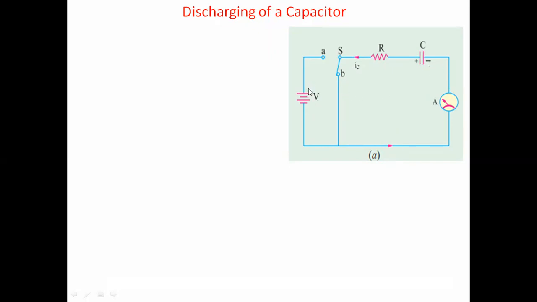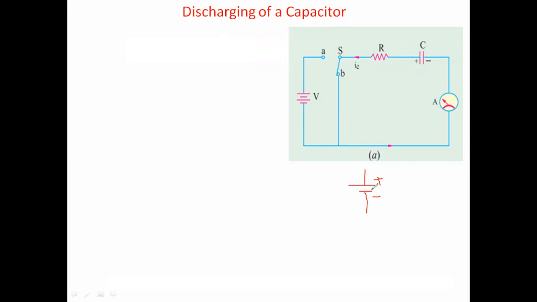Similarly, in the previous case, the current is from the positive terminal of the voltage. You may know that this is the voltage source and this is the voltage symbol V. The longer terminal is called positive, and the shorter terminal is called negative. For a battery, you may observe the positive terminal and the negative terminal.